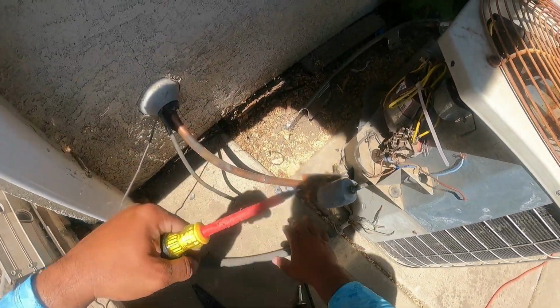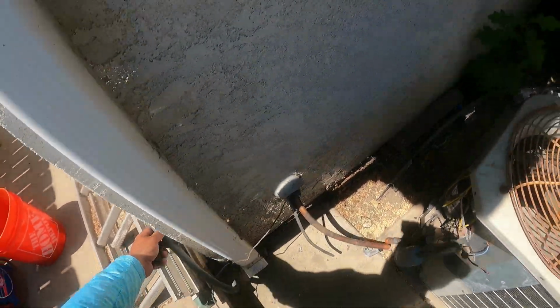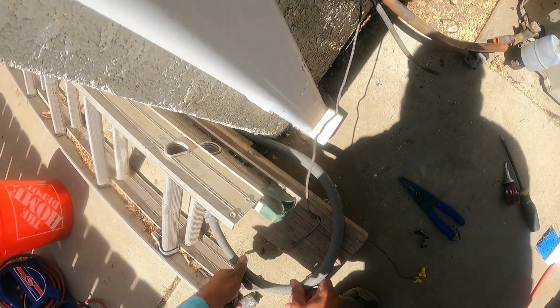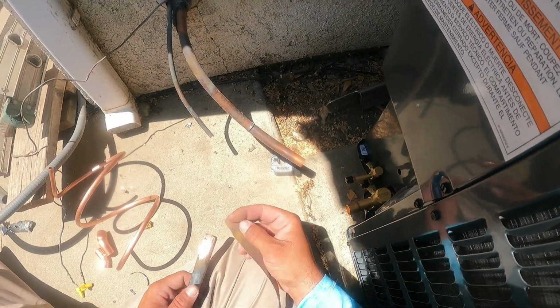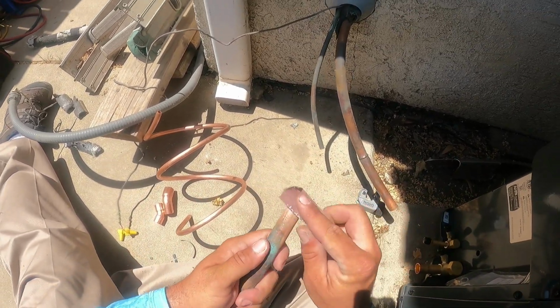All right, so that's it. She's disconnected. This whip over here, I got the breaker off, disconnected. She's safe. All right, ladies and gentlemen, it's important that before you do any brazing that you clean the copper,